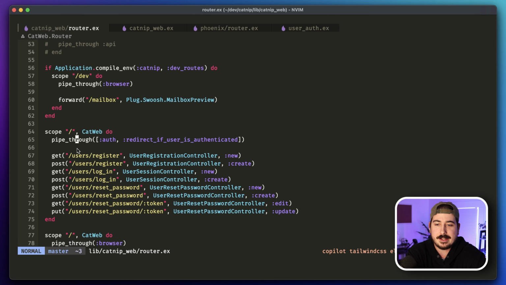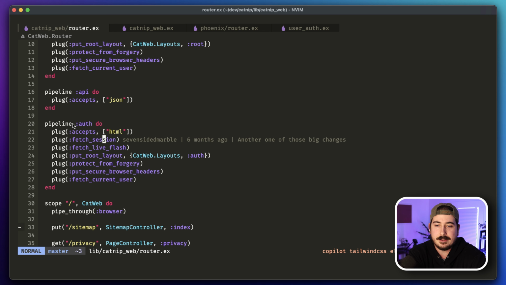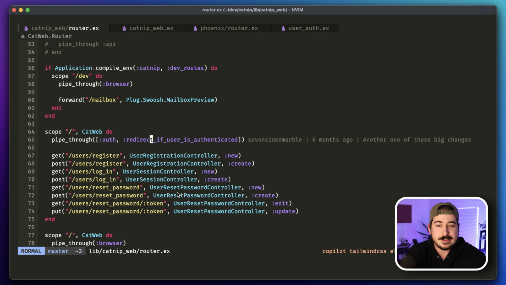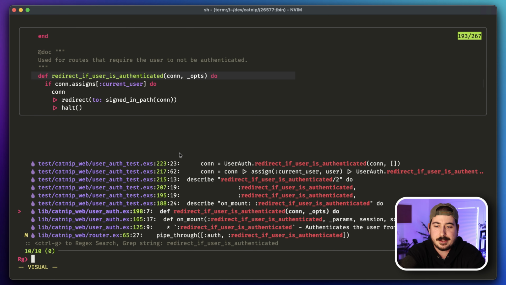So if we look at this example down here in my project, this is a pipe through where we are passing the name of a pipeline, but also the name of a plug directly. So this is going to run the auth pipeline that I've defined here. Each one of these is going to run. And then redirect if user authenticated is itself a plug that's going to be added on to the end of this pipeline. And that's an interesting one to look at because it kind of answers the question that I get a lot,